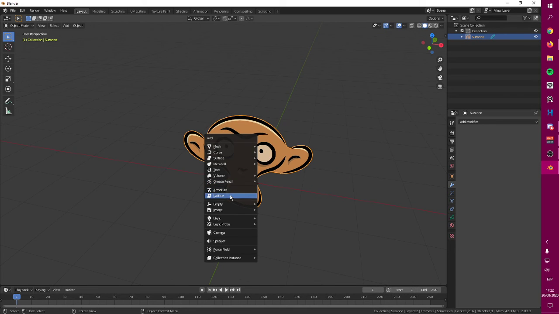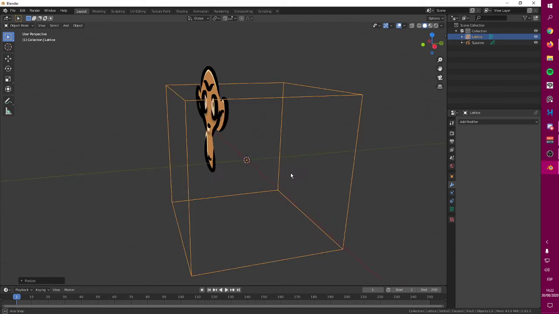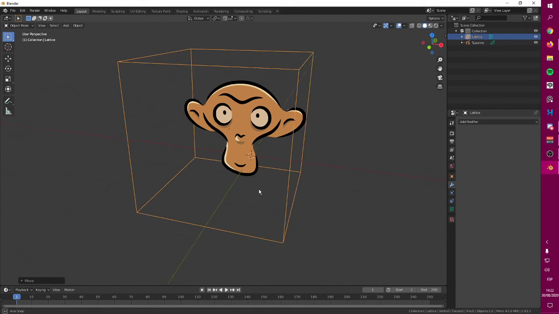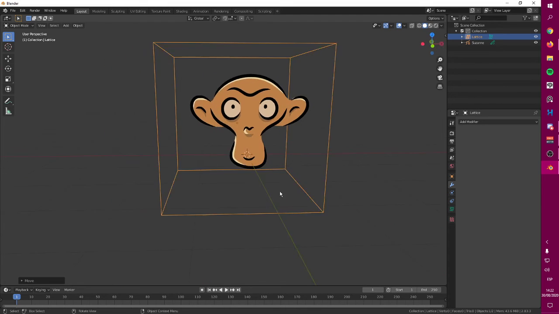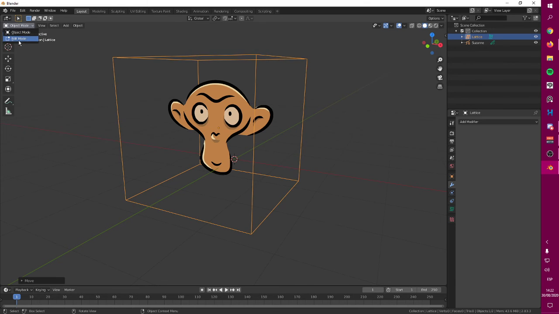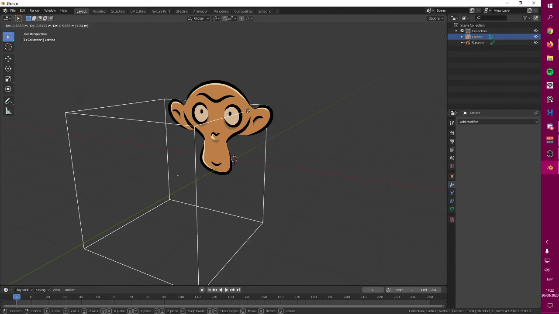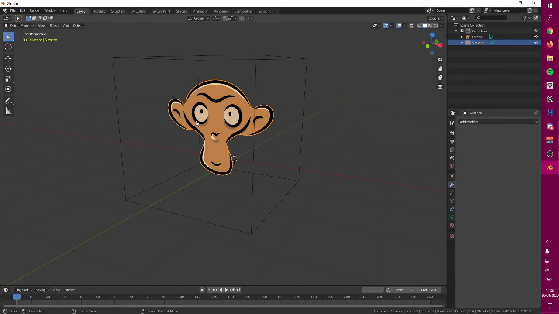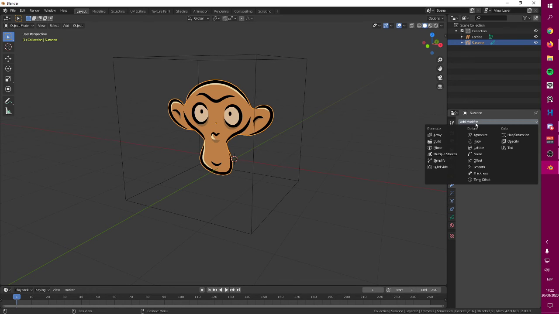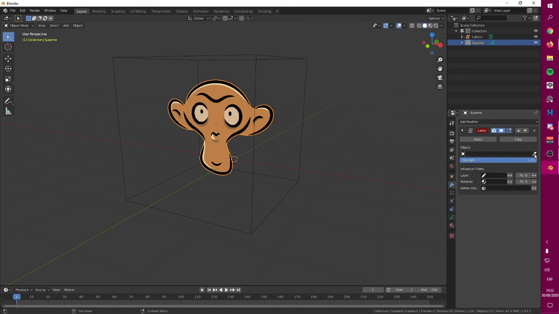So I'm going to create a lattice. A lattice is this box that you can put into whatever you are animating. It can be a 3D object or a 2D object. And the lattice right now is not attached to the monkey. So let's say we want to attach this monkey to this lattice. You can go in here, select your grease pencil, add modifier. In modifier, select lattice, and then in here you can use this and select it like this, I think. Make sure it is, yeah, like this. Select the lattice,